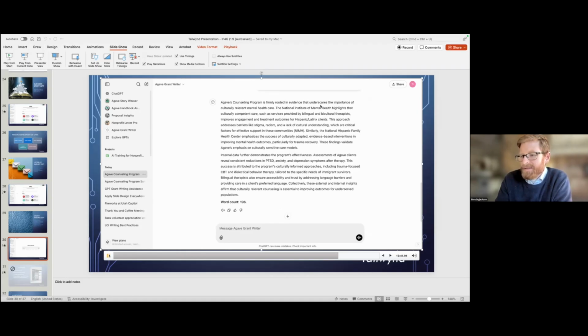It's firmly rooted in evidence. It does a great job. It talks about the National Institute of Mental Health around culturally competent care, which addresses certain specific barriers which are critical. Similarly, the National Hispanic Family Center emphasizes the success of